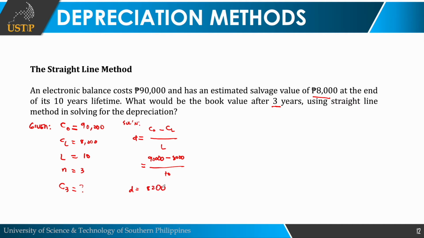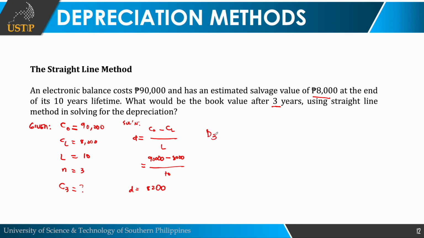Okay, the idea here, class, so kining value ng 8,200, it means that this is now the value nga gakakuha sa imong original cost every year. So, meaning, this is a constant value nga 8,200. Straight line method raman siya, okay? Constant ra siya. So, what is now, in order to get the book value after 3 years, we need, class,